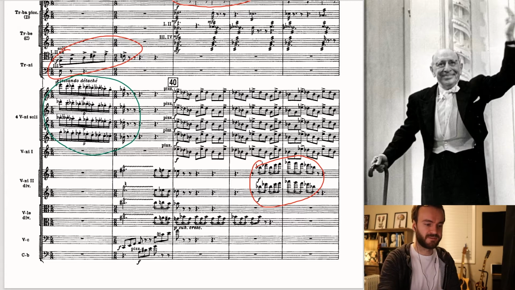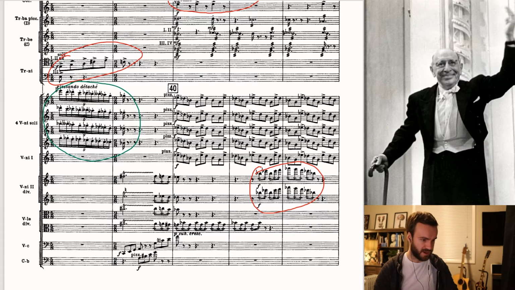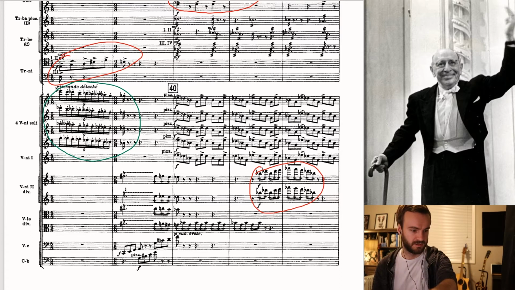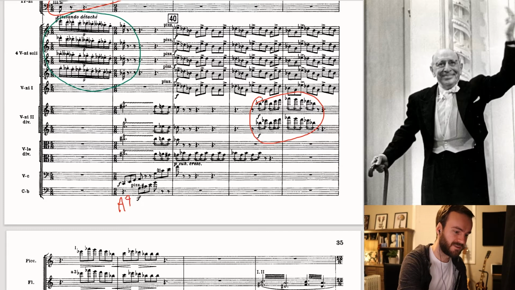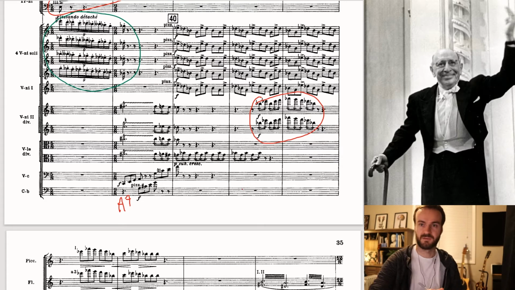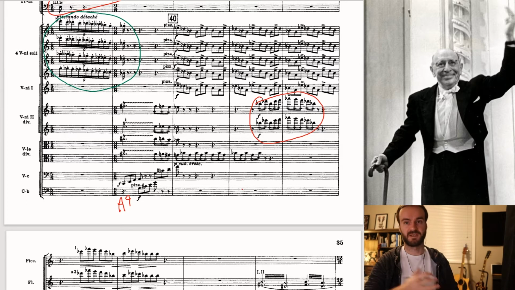You have this little bit of connecting material here where we have the cello and then the bass. So cello. So it's arpeggiating through an A chord with split chord tones, essentially. So this is like A7 with split 3. It's what we've been expecting this entire time. The other analysis of it is